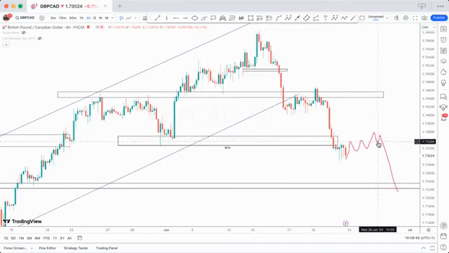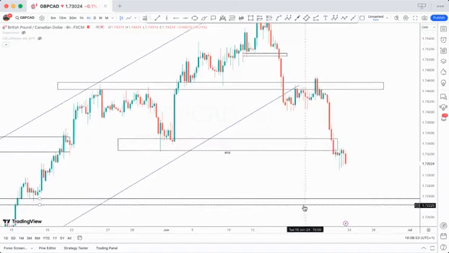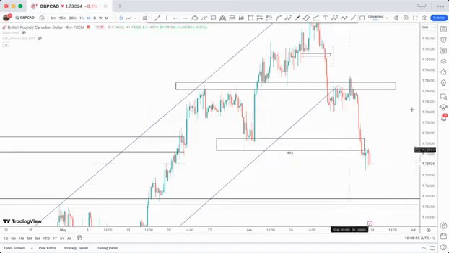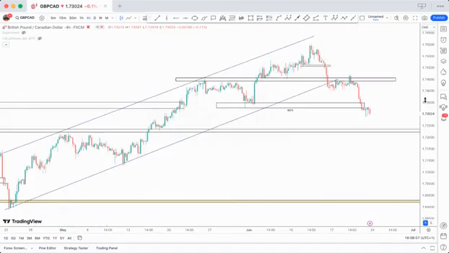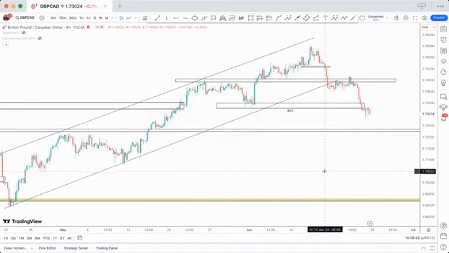So for GBP/CAD, pounds and the Canadian dollar, we're expecting more push to the downside, more continuation to the downside based on several market reasons. Okay,